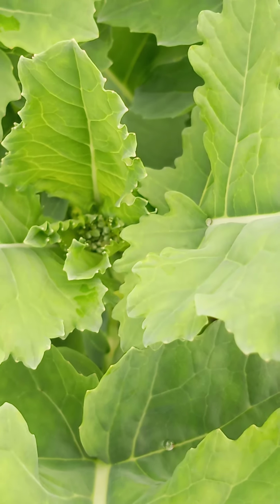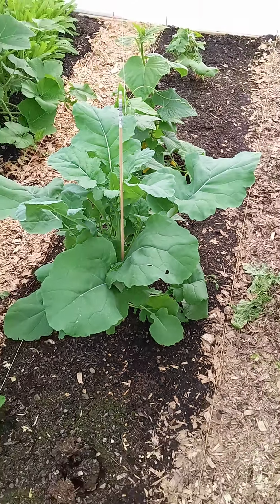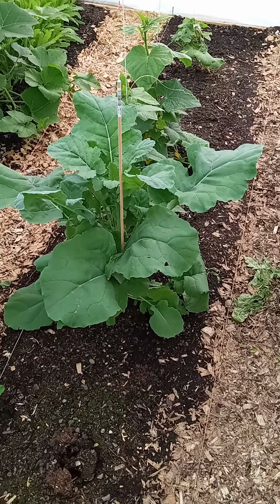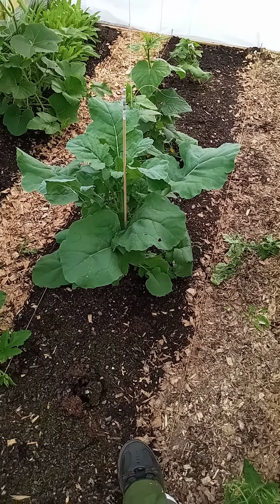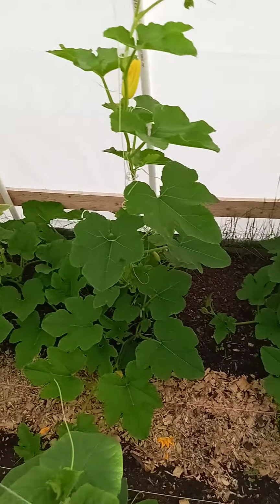Zoom in on that. You're gonna look at that. Got a head of broccoli coming off of this guy. He just came out of nowhere. Just out of nowhere. Big old broccoli. Zoom all the way out. Maybe that's my problem, I was zoomed in. Boom. But hey, we'll take it. Free broccoli. Unplanned